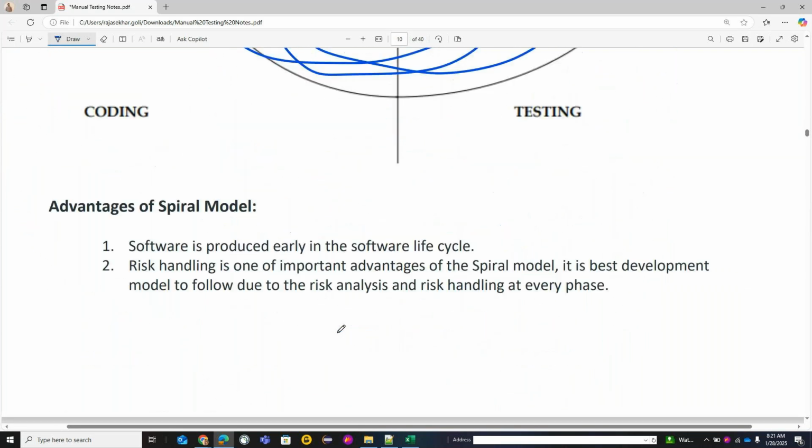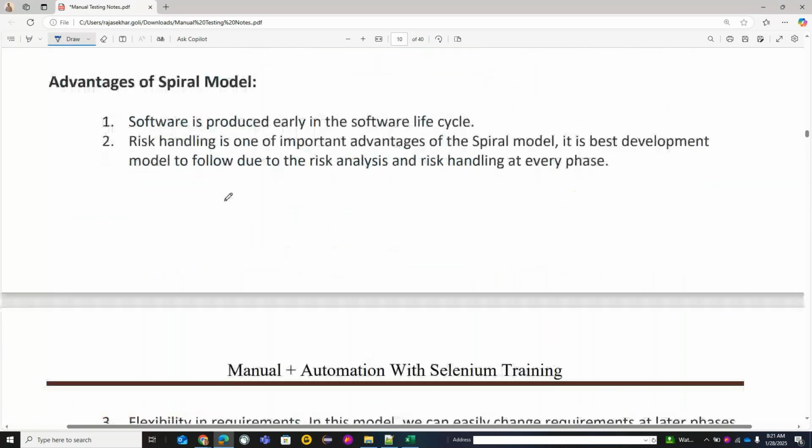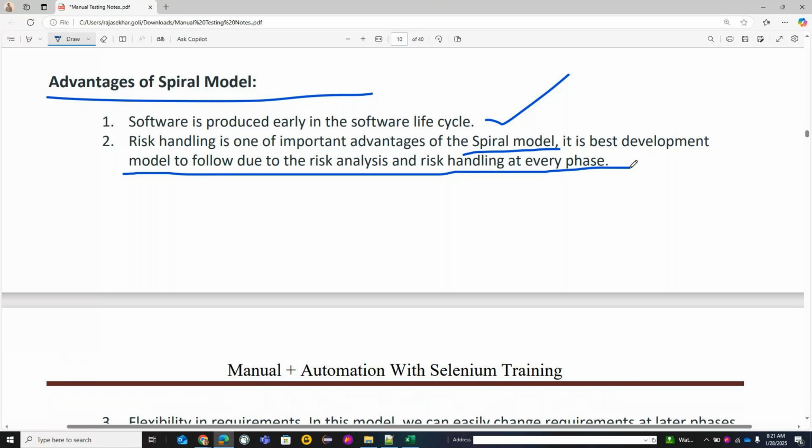Okay, remember that one. If you see here, advantages of the spiral model: software is produced early in the software life cycle. Risk handling is one of the important advantages, and it is the best development model to follow due to the risk analysis and risk handling at every phase.